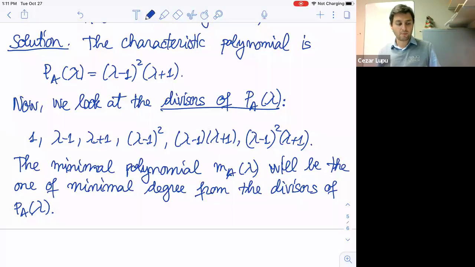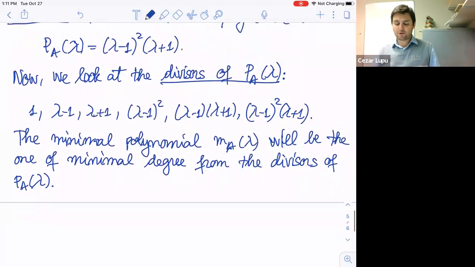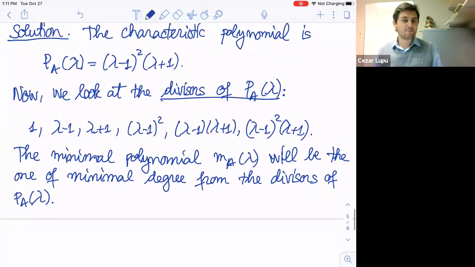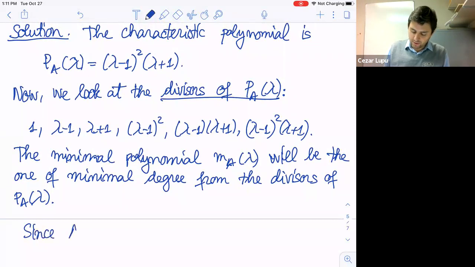All right, that's beautiful. But now we have to pick which one is good. But this matrix has the following property: the square of this matrix is nothing else than just the identity. Since A squared equals the identity, it follows that